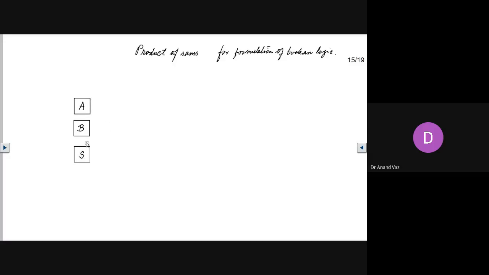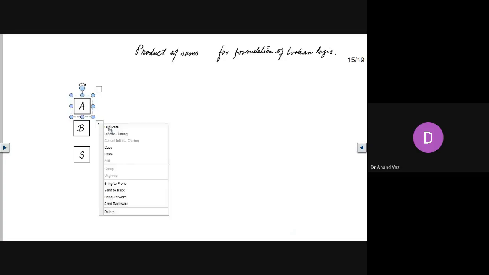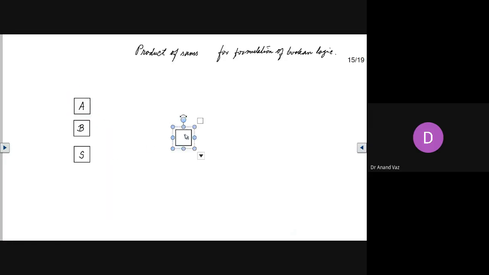Now, depending upon the values of the contents in the cells A and B, you can have a carry or not. So let's say that you also have a carry bit here.